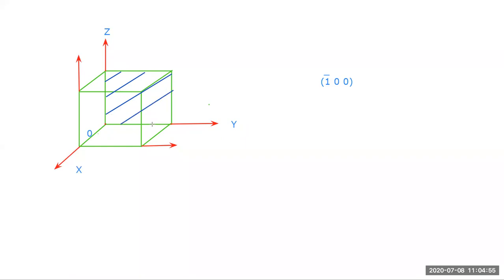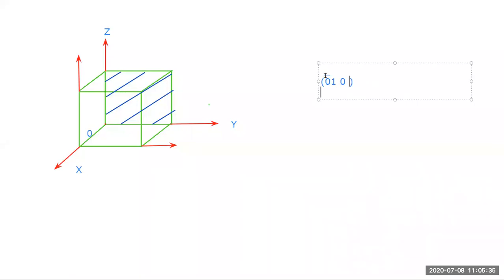Okay, so does anybody have any doubt in this? While there is a negative sign, what trick do you have to use? In the direction in which there is a negative intercept, you have to shift your origin. Suppose you have to draw 0 bar 1 0. How do you draw this? 0 bar 1 0, the left side face. How do you draw this? 0, then bar 1, and 0.